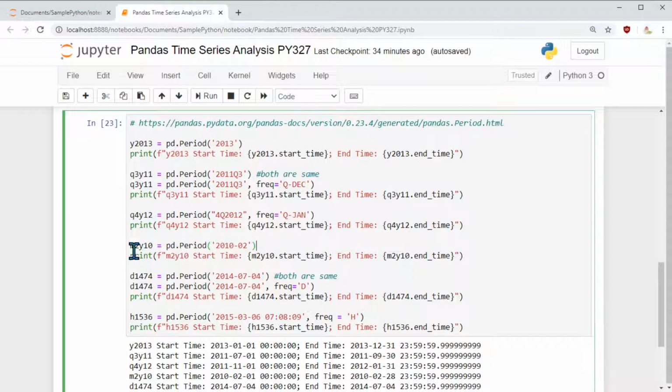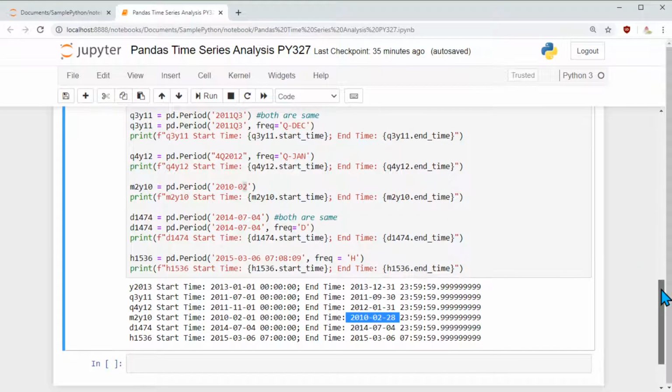Here I am saying 2010 and month is February, and if I say that I have M2Y10, starting February 1st, ending February 28th, right? So by this I am able to create a period for 1 month.